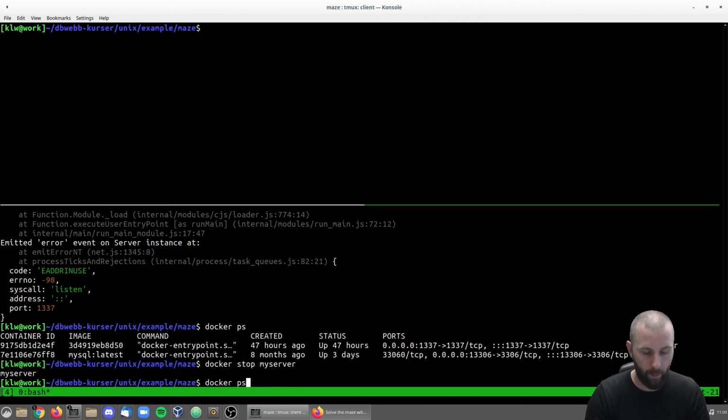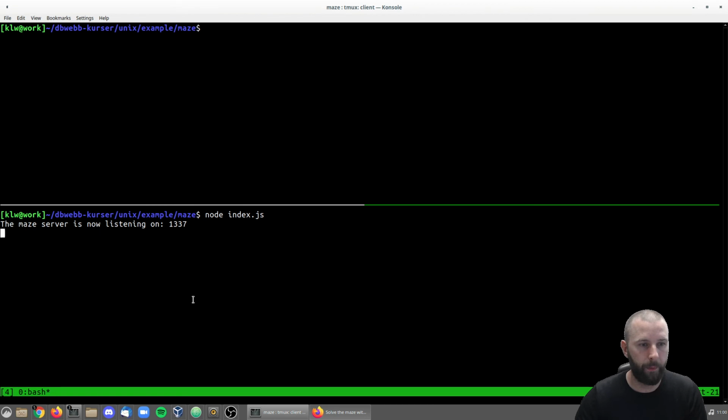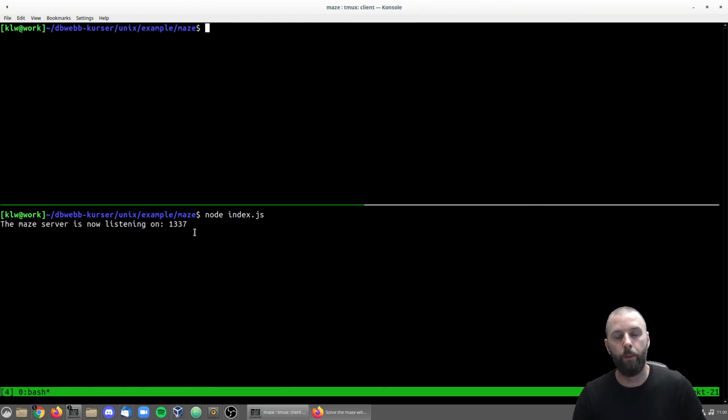Here we go. We start the server, and it says the main server is now listening on 1337, and that's the port number. And we're going to use the port number when we try to connect to the server, and we ask the server for some parts to help us move forward in the game. We use a command called curl. Curl tries to reach a URL like